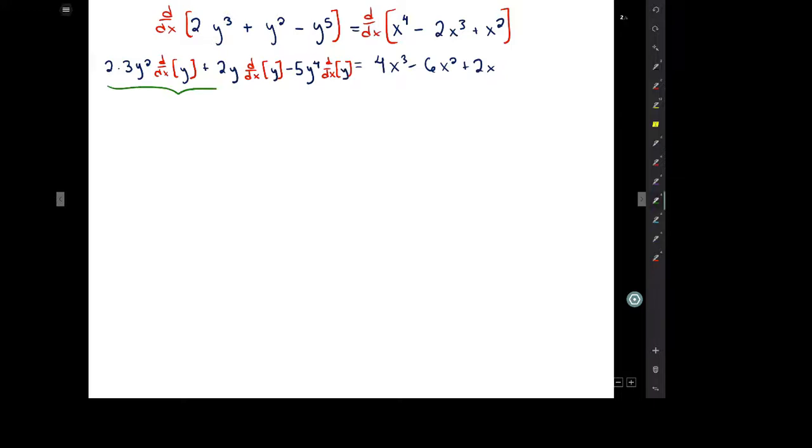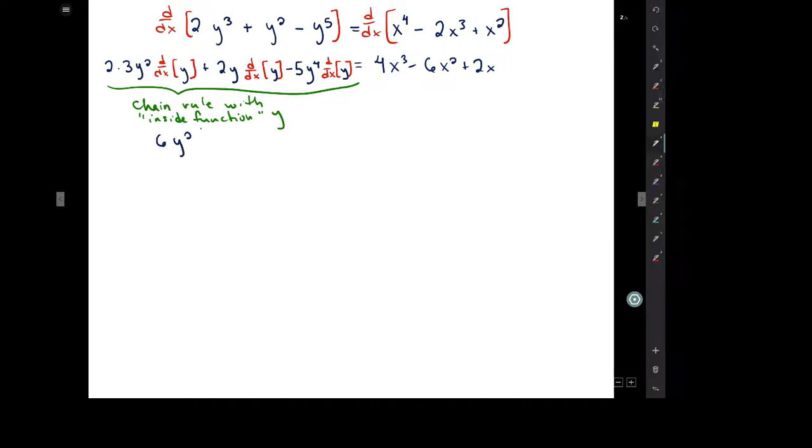So again, in all three of these terms, we're using the chain rule with this inside function that is y. Again, y is a variable, but we are treating y as a function of x. So when I simplify all of this, we get